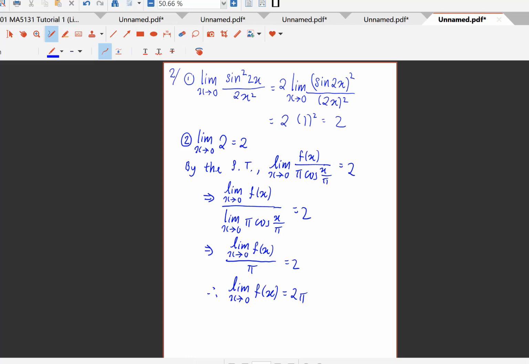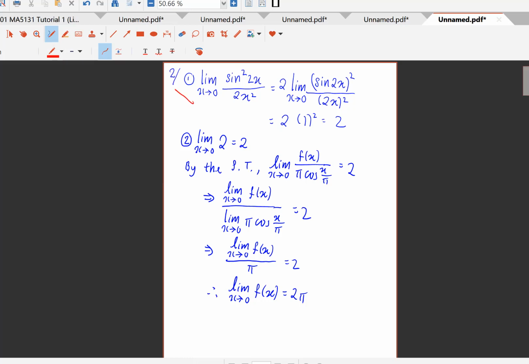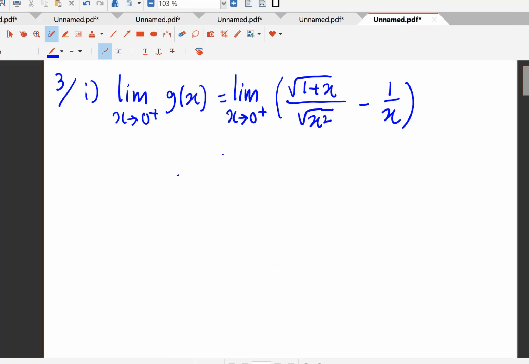So once again, class, in the working, you must show this part of the calculation, and then the conclusion. 1 mark each. If you are going towards 0 from the right, then this becomes